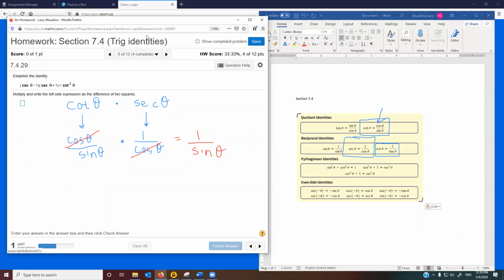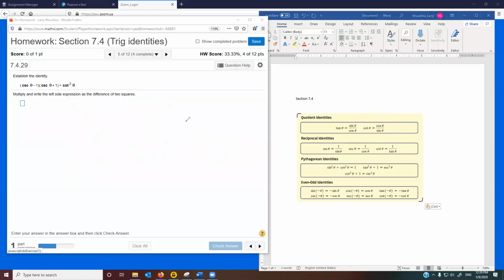All right, this one's a little tricky. This one actually involves a little bit of algebra work. So let's take a look here. They're asking me here to establish the identity. Now what that means is they want me to show that if I simplify this equation, I end up with one of the identities that are on the right-hand side of my screen here. And they're going to guide me through what I should do here for this analysis. It looks like they're telling me to multiply and write the left side expression as the difference